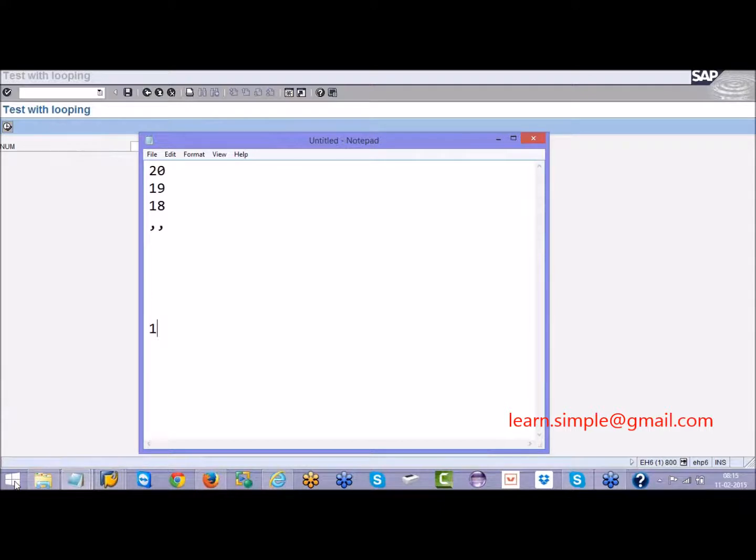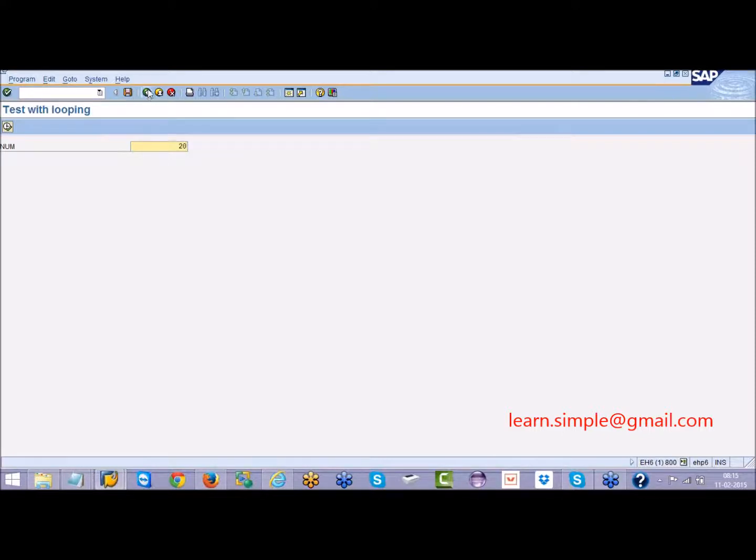So try writing a program yourself now and do this exercise. Once you have done this, you can feel comfortable with looping.